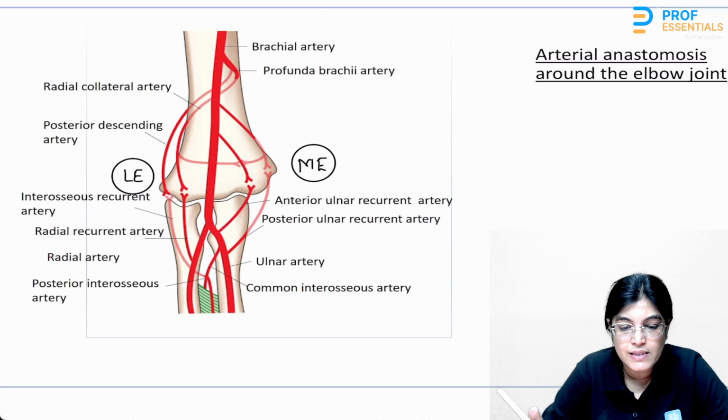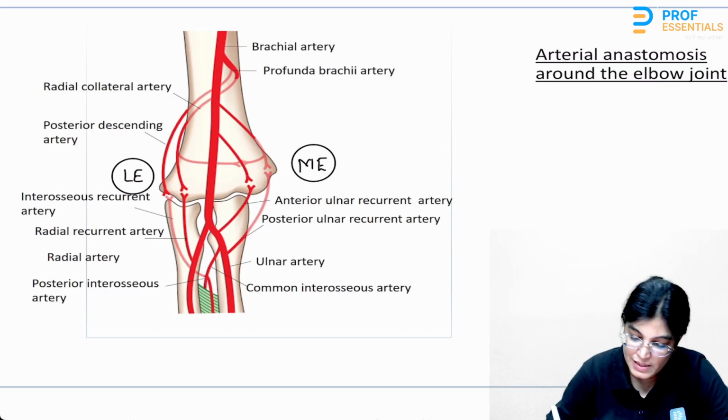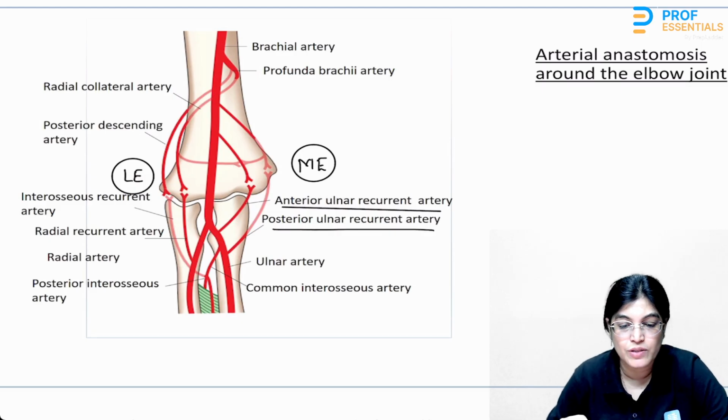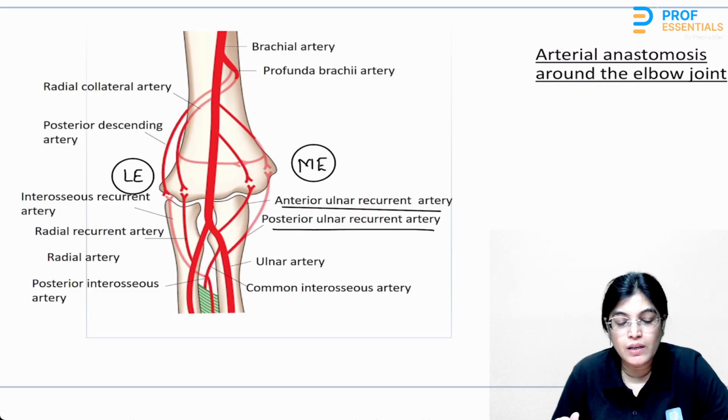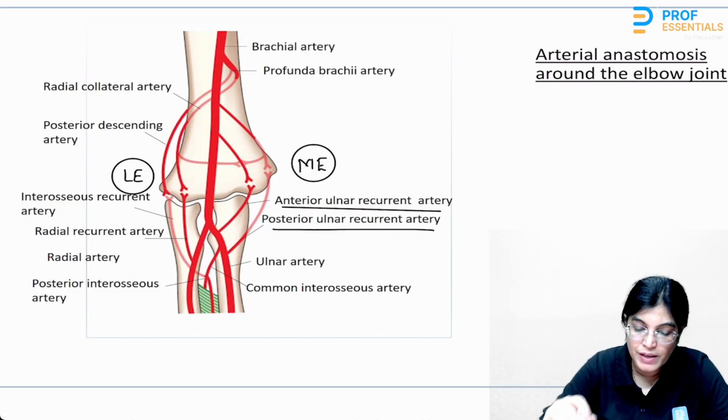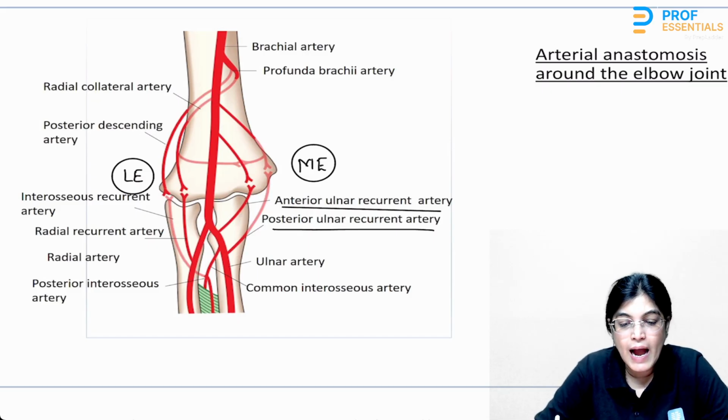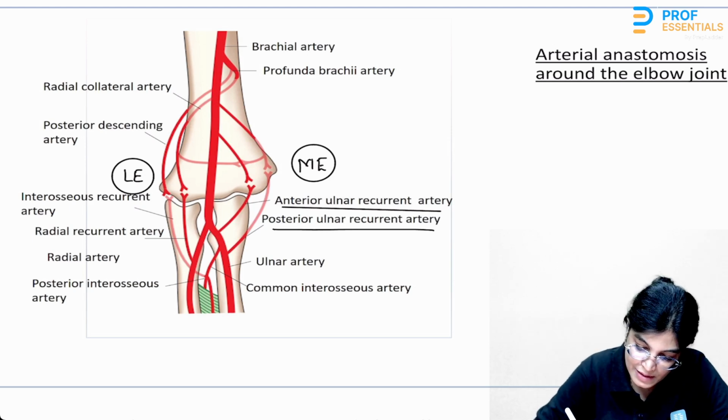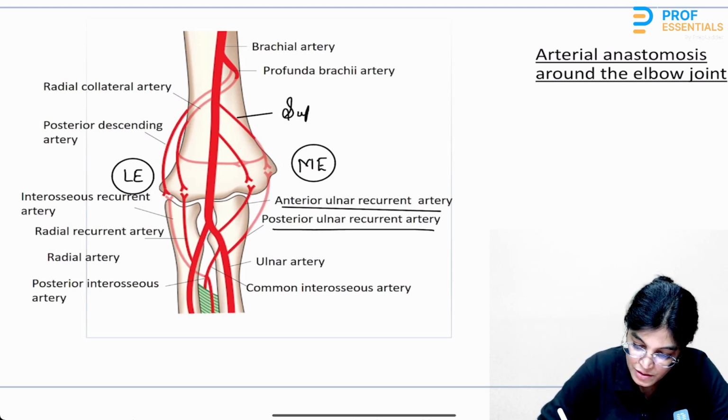So basically, this anastomosis is formed between the inferior ulnar collateral artery, which will anastomose with, as you can see, a branch. So basically you can see here, this is the anterior ulnar recurrent artery and this is the posterior ulnar recurrent artery. Okay, so if I am talking about in front of the medial epicondyle, the inferior ulnar collateral artery and a branch from, so basically this is the superior ulnar collateral artery. Please write down, this artery is